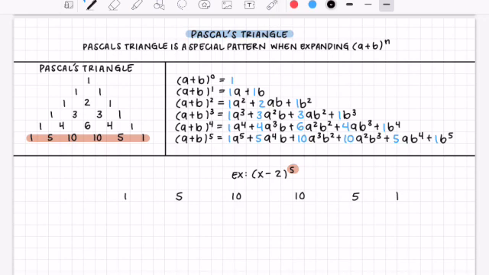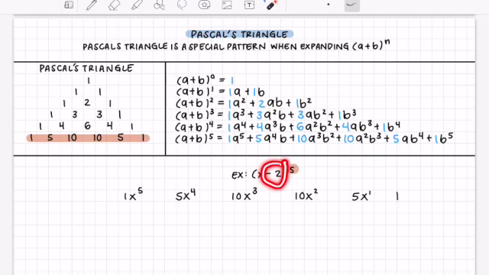And again, because we have the power of 5, that means that my a value, which in this case would be x, is going to be this first term, and it's going to be to the power of 5, okay? And I know from here that this is going to get smaller and smaller. X to the power of 4, x to the power of 3, x to the power of 2, then x to the power of 1, and the last term is just going to have no x, right? Then the second one that we have here is our b value,